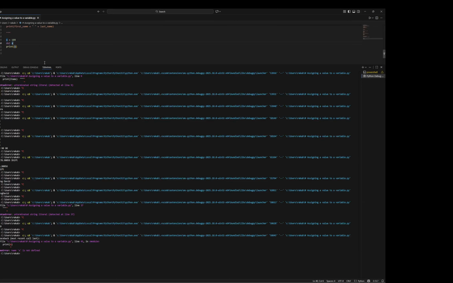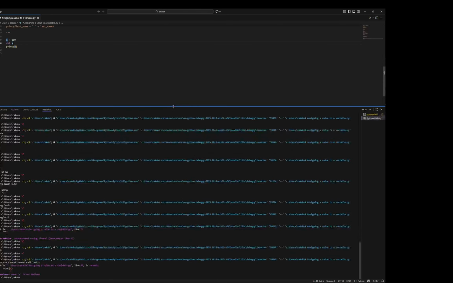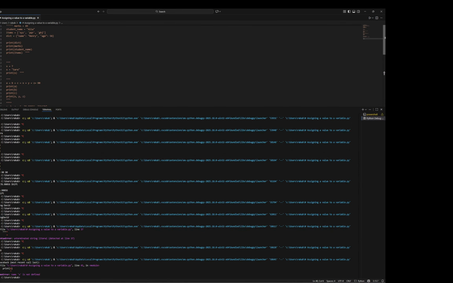So that's it for today. I think what we have seen, we will recap. What we have discussed so far: we have created variables with different values like integer, string, list, dictionary. Then we are assigning different values to a variable and trying to print it. Then we are assigning a single value to many variables. Then we are assigning